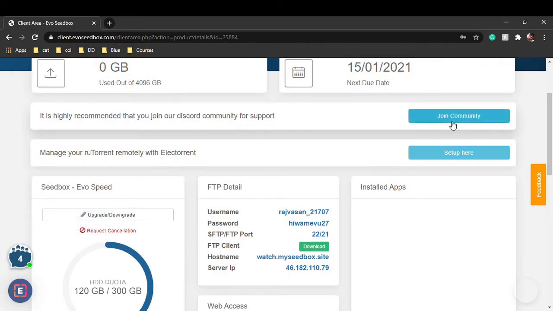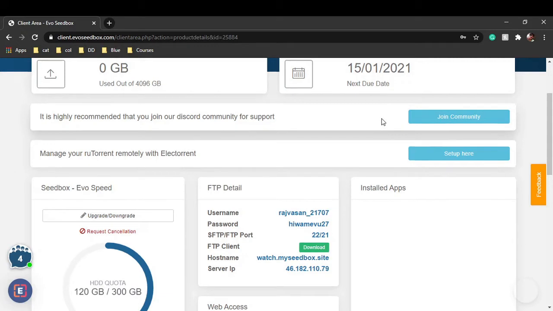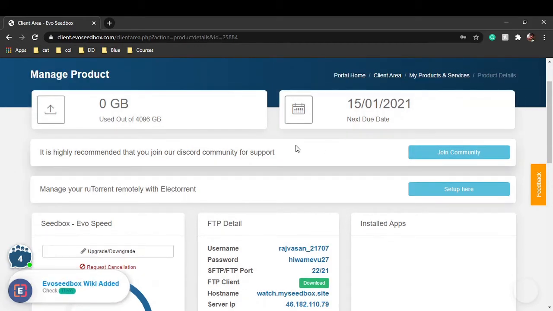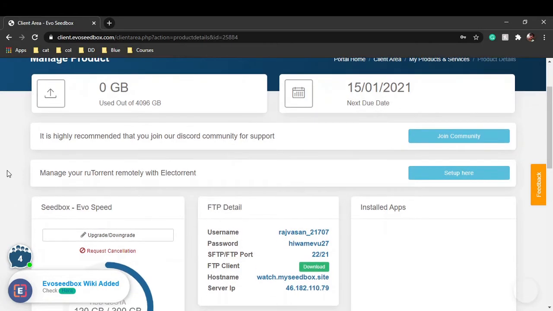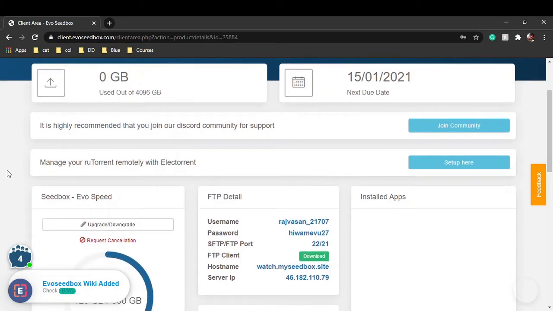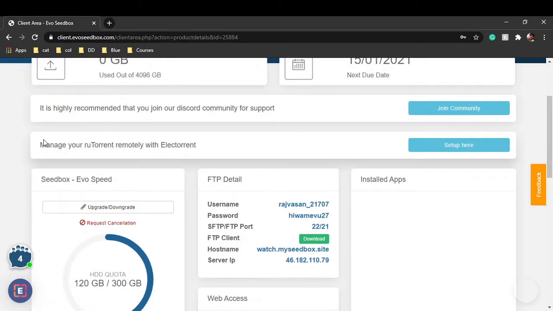Here is the Discord community, and you can join it because if there is any query, our community is very strong, and you can get in touch with many people who are using the same product and find solutions to problems that you're facing regarding the seedbox. Manage your rTorrent remotely from Electorrent.